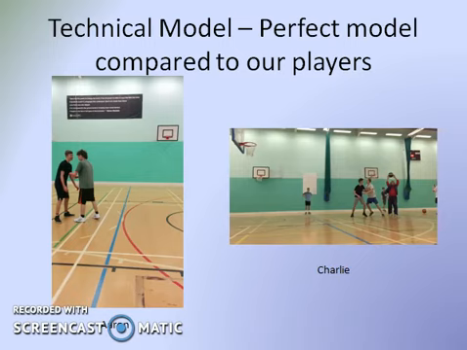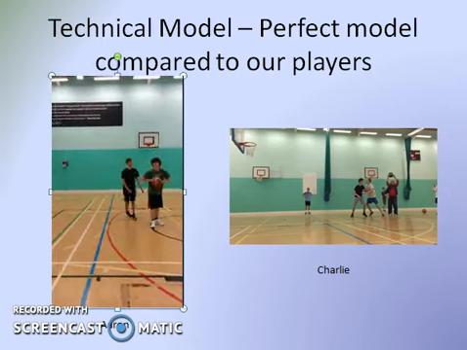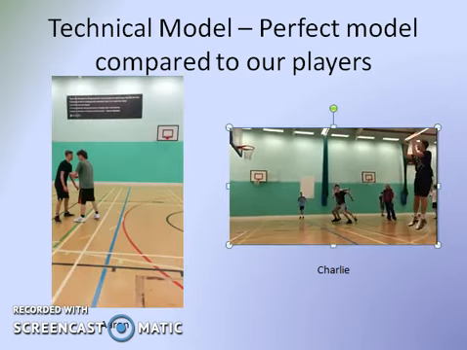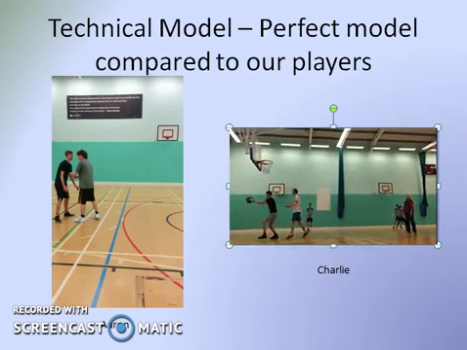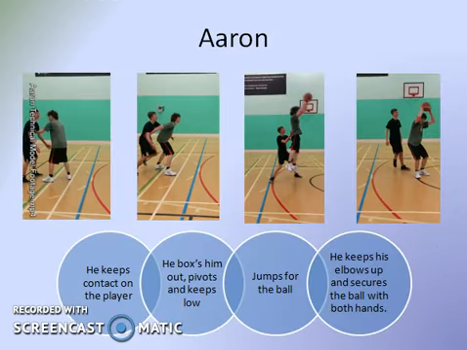Now I'm moving on to the technical model, and I'm going to talk about the perfect model compared to our two players. That was Aaron's. And that was Charlie's. Now comparing Aaron's to the perfect model, we can see he keeps contact on the player,